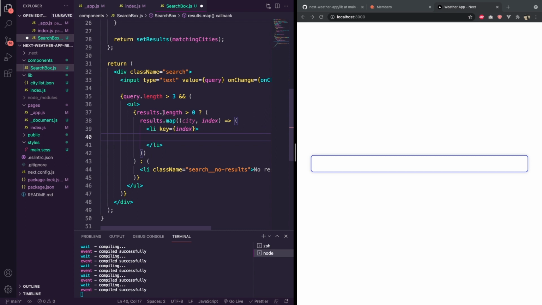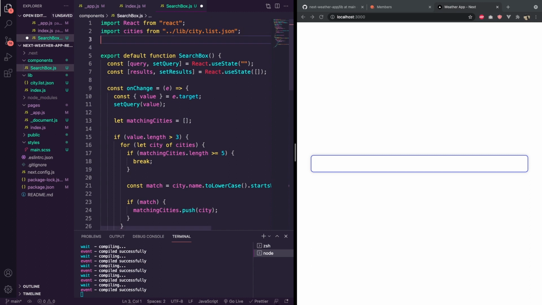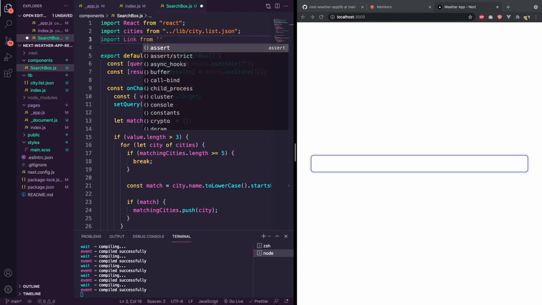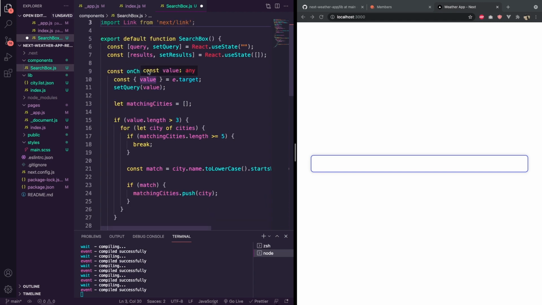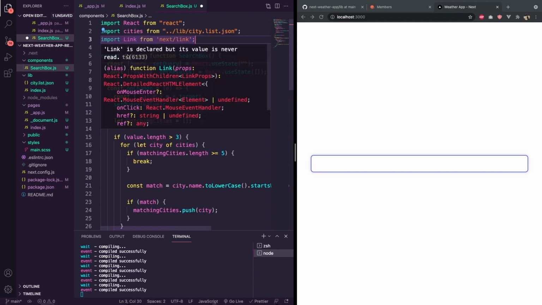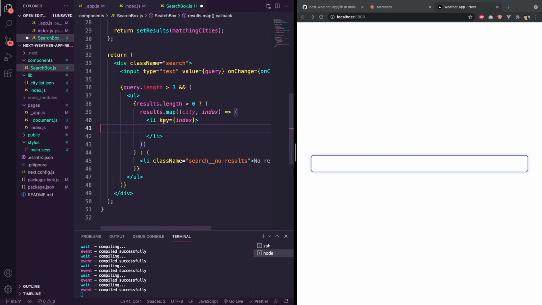And what we want to do is return links in here to go to the relevant city's page. So what we need to do is go to the top of the component, sorry, and import Link from next/link. Next has its own built-in Link, which works with their router, so you have to use that element instead of an A tag, or you pass that element in first, and then we can pass in an A tag. So inside this, we're going to make a Link,